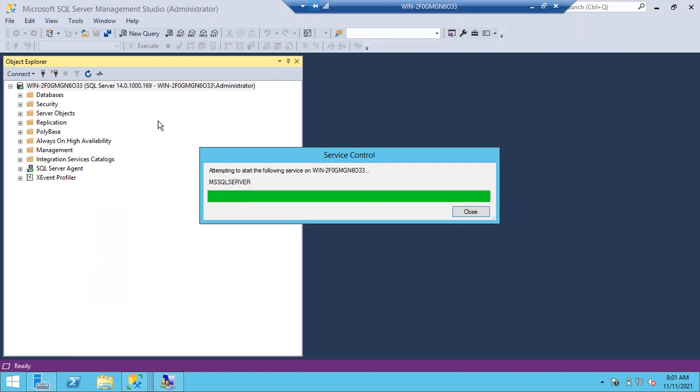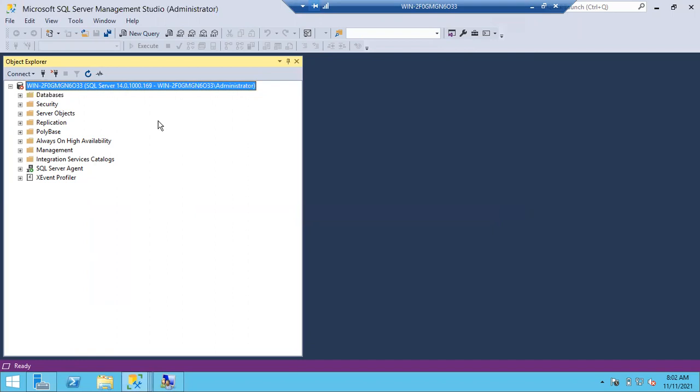Usually in the organization, while installing SQL Server itself, we choose Windows and SQL authentication. Why? Because we don't get approvals to restart the server at any time. So during installation only, we choose Windows and SQL authentication, so all the logins can connect.